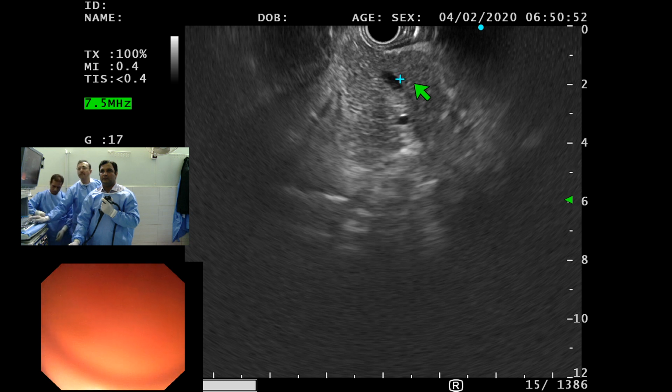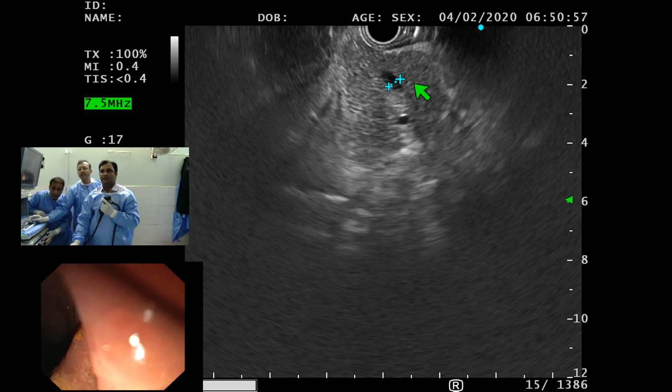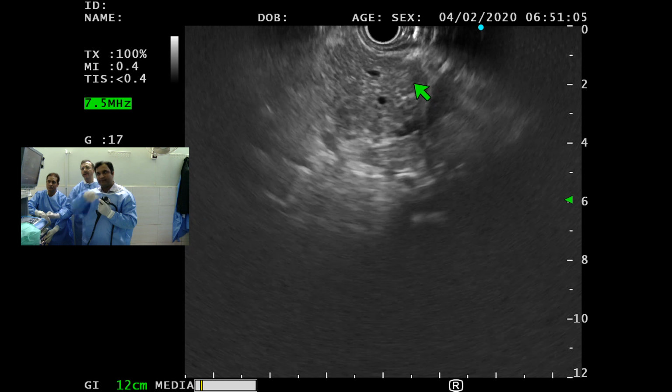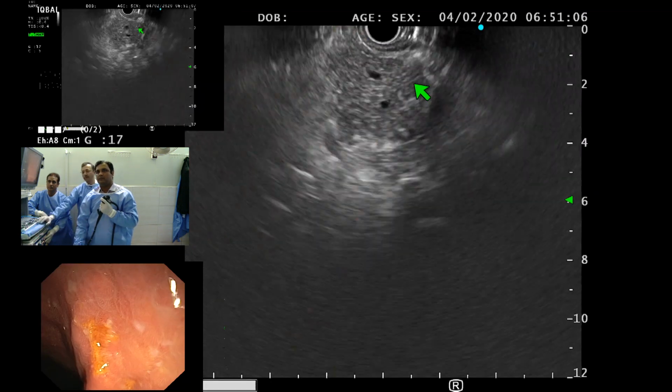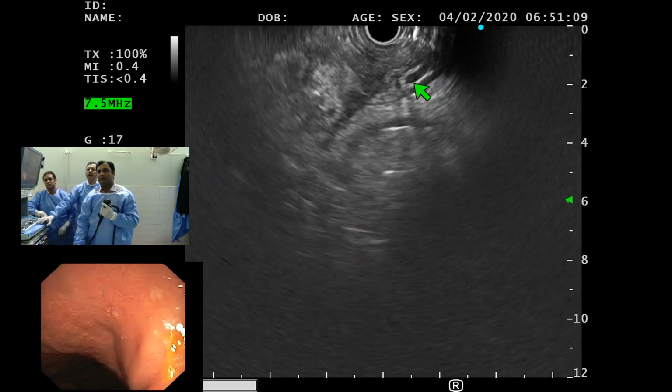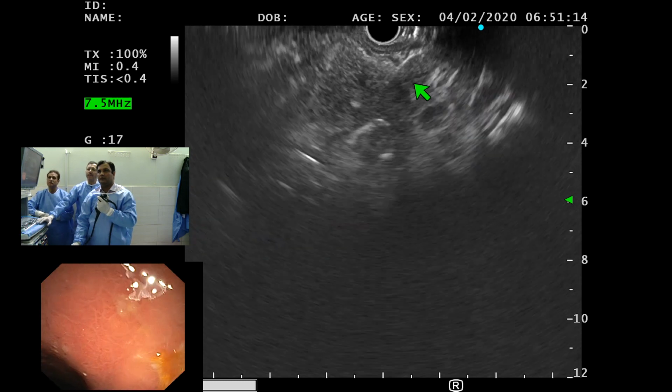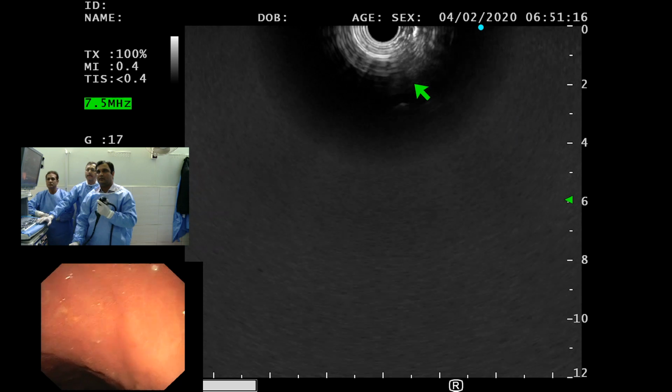So you had the superior mesenteric vein here. The splenic vein comes from here, and you have the portal confluence here. The PD is a little prominent, 4.5. The splenic vein will come from here, the genu, and you will have the superior mesenteric. You follow it more towards the right. So this is basically the neck of the pancreas.